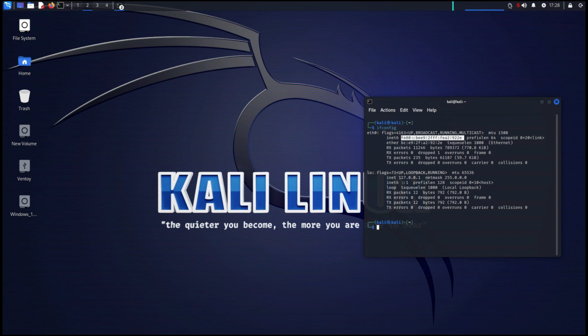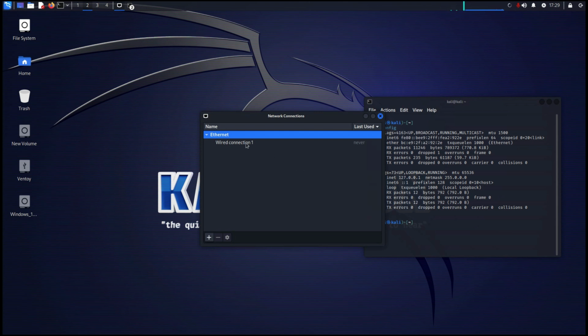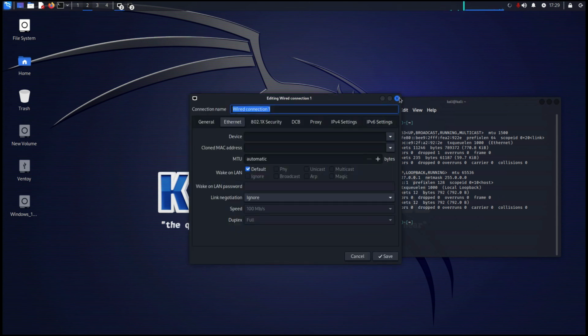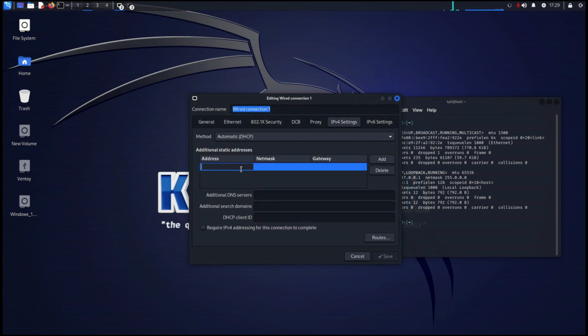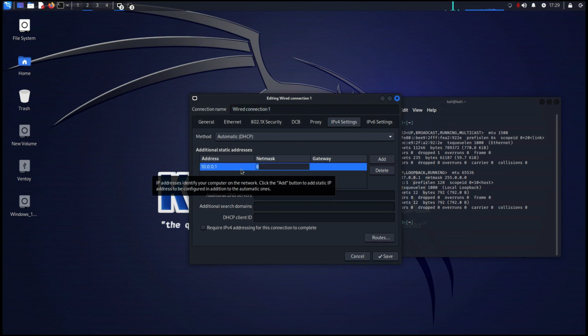So I can decide to come in here to do the configuration, or I can assign my IP address right there. So if I had wanted to assign my address on the graphical user side, I have to right click on this option, come into edit. So I just have to click on my network edit mode. I double click on my Ethernet adapter, or I can just click on settings, come into IP version 4, add, and I can provide the address. So if I put in here 10.0.0.1, which is a class A address,